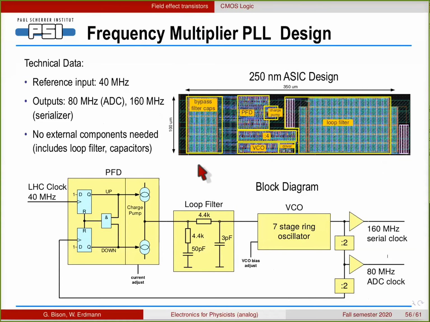This is an example from a chip that was made in our group at some point. So you have an input clock which had, in this case, 40 megahertz. This is a phase detector, which consists of two flip-flops, basically, which just decides which of the signals came first, either the one from the input or the one from our controlled oscillator. And then if this one was first, then it sends a current into these capacitors, bringing this voltage up. And if the other one came first, it pulls a current out, bringing this voltage down, and thus controlling this